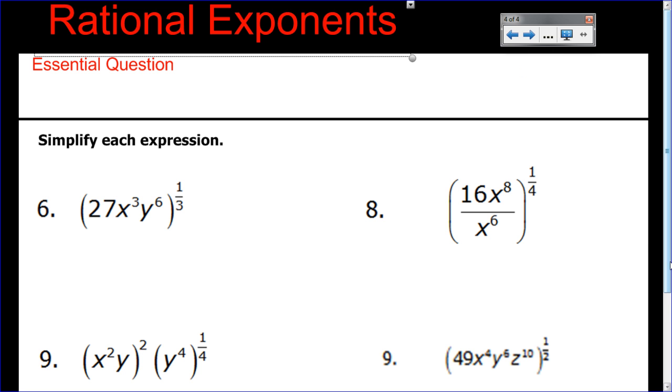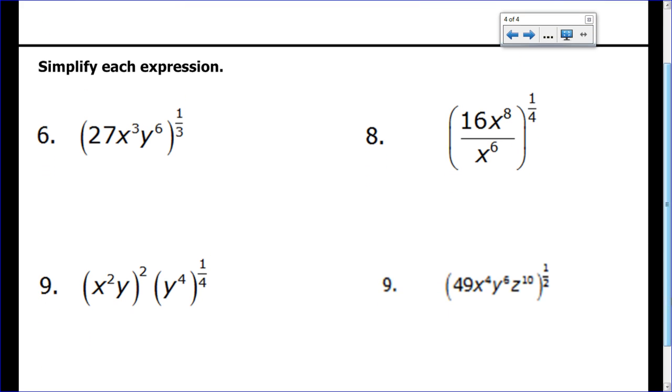So let's simplify some expressions. We're going to remember our rules that we've been talking about this whole time. If I've got an exponent outside parentheses like that, it means I'm going to have to distribute that exponent to everything inside. So I'm going to be multiplying. So this is going to become 27 to the 1/3 power. Then it's going to become x to the 3